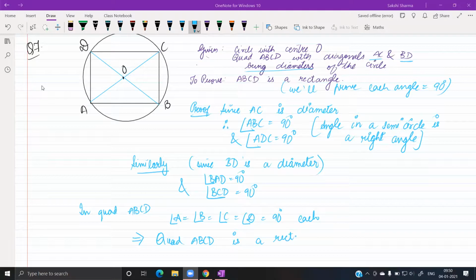I am forwarding the assignment of chapter number 10 in your group, so you can just start going over those. After this, we are just left with constructions. So we shall be starting with the revision afterwards. As soon as we are done with chapter number 10, side by side along with doing chapter number 11, we shall be revising the whole syllabus. And please keep in mind that in your final exam, you have to cover the whole syllabus, the first term as well as the second term. So if you have your notes of the previous term lying somewhere in the house, please find those notes. I will be starting the revision of the syllabus from term 1, and then we will do term 2.